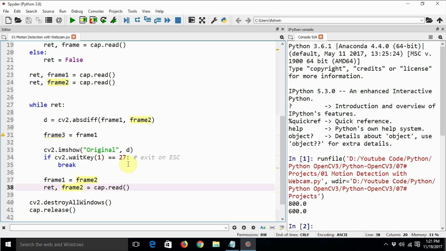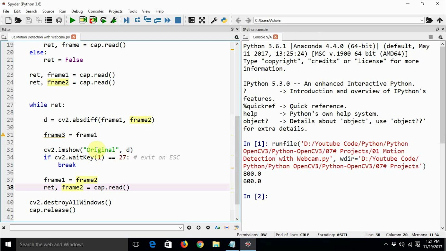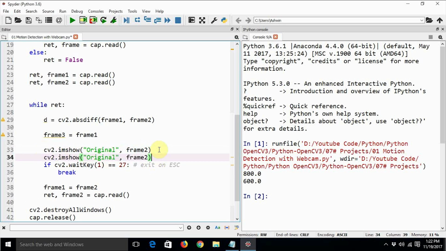With this, let's see what the difference looks like. Or we can just say, what was the original frame? It was frame 2. And let's say intermediate.